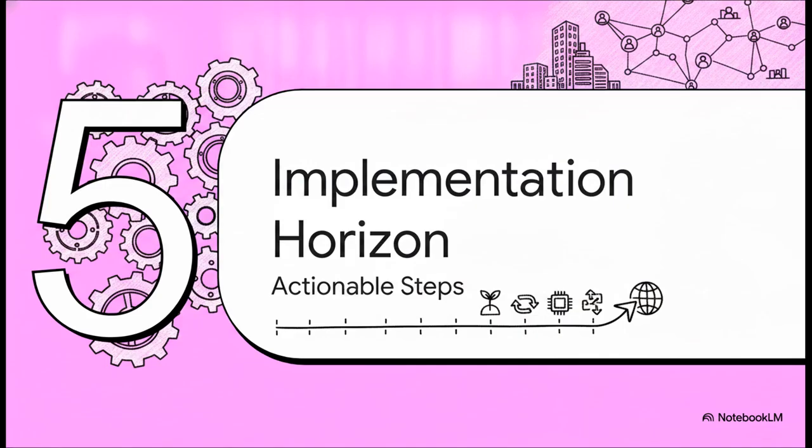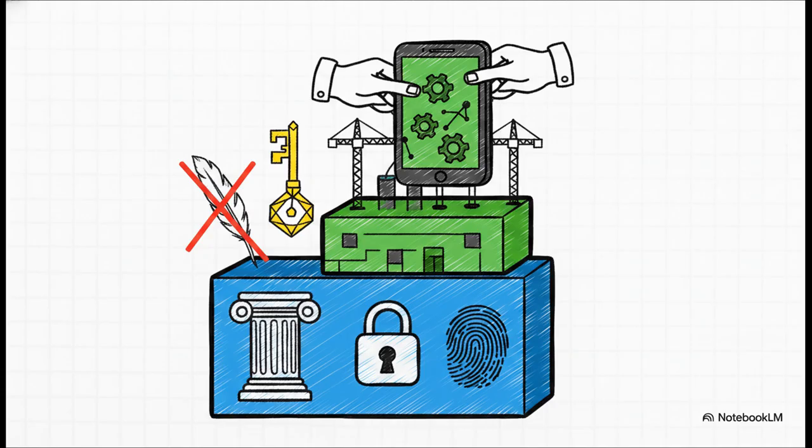Finally, Section 5, the implementation horizon. Bringing this all back down to earth, what does executing this transition actually look like over the next decade? Well, it absolutely requires strong public-private partnerships. Governments need to secure the open protocols and the foundational digital identity layers. That then frees up the private sector to do what they do best: innovate on the UI and build fintech